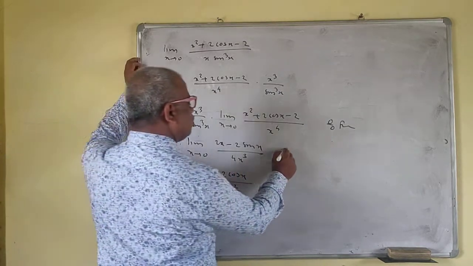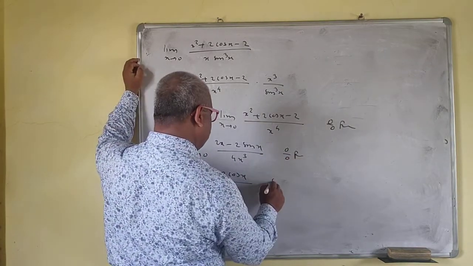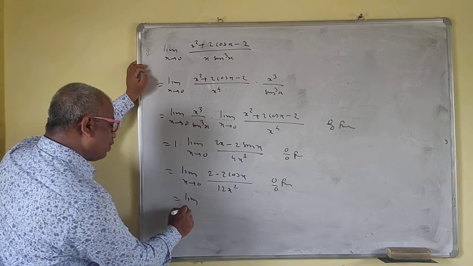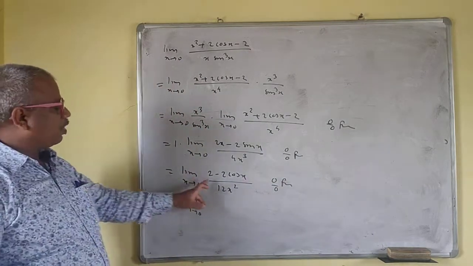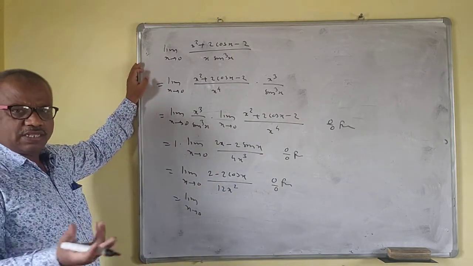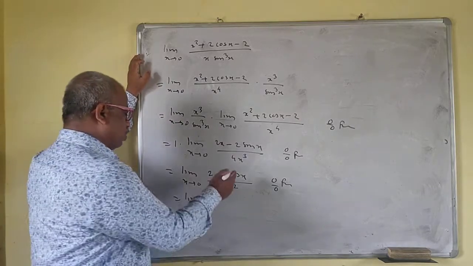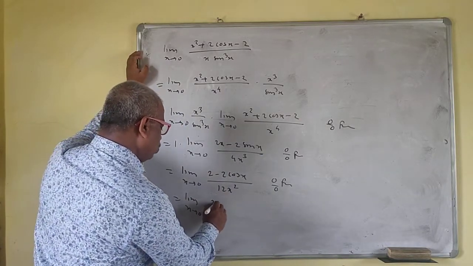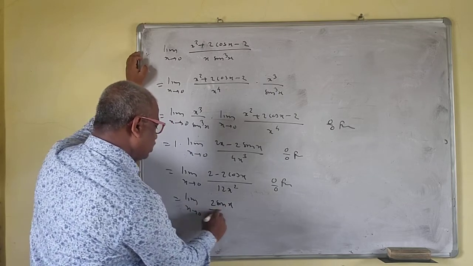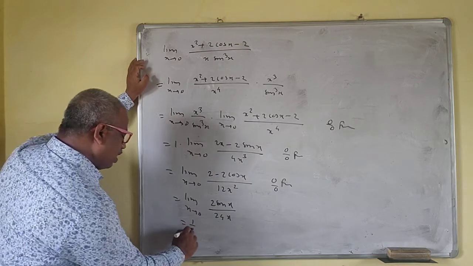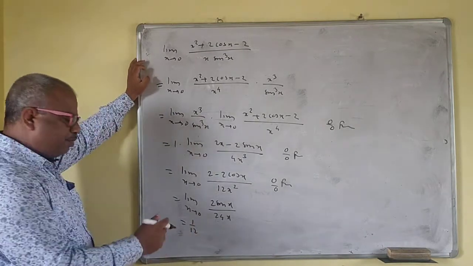Okay, so again this is 0 by 0 form. No need to apply the formula. Don't apply the formula, because 1 minus cos x is 2 sin square x by 2, and upon x square is there. So you can apply that rule also here, but don't do this. We'll differentiate this now. So this is 2 sin x upon 24x. So now this is 1 by 12.